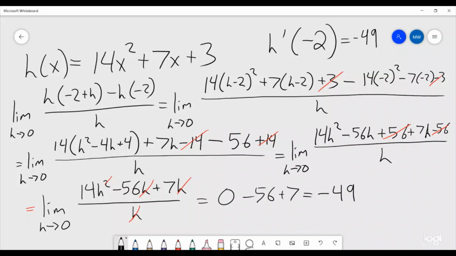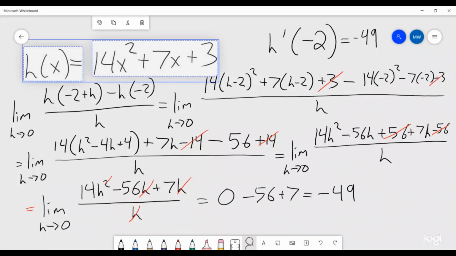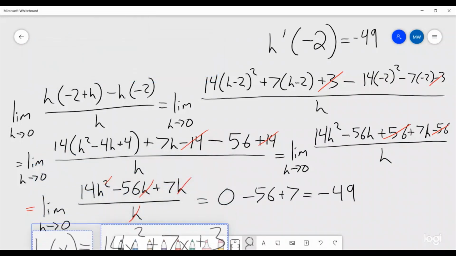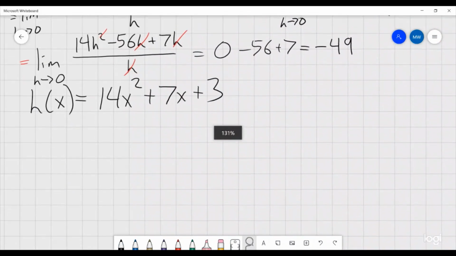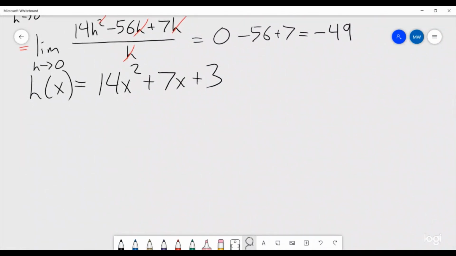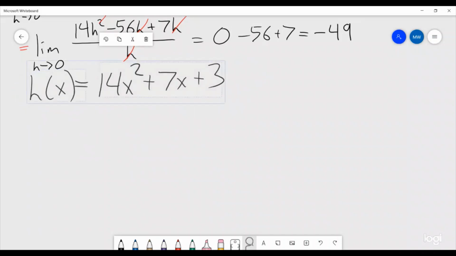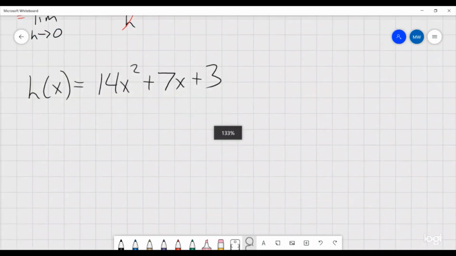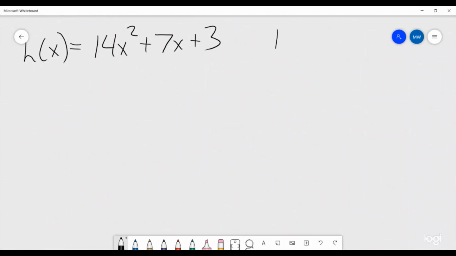Let's now do some derivatives using just the definition of the derivative. So instead of trying to find h prime of negative 2, let's try and find what is h prime of x. So if we just move this function down, we have that here. Let's move it down a little bit more. Okay. So if we have this and we are trying to find what is h prime of x using the definition of the derivative, what we are going to have to do is go through and do the limit as